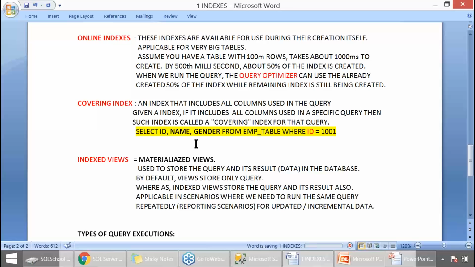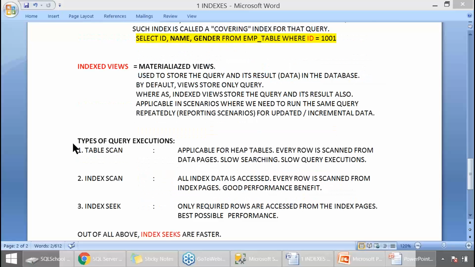Let's understand how to perform these index activities. To verify which index is being used by the query optimizer, we have three different query executions: table scan, index scan, index seek. Table scan applicable for heap tables.